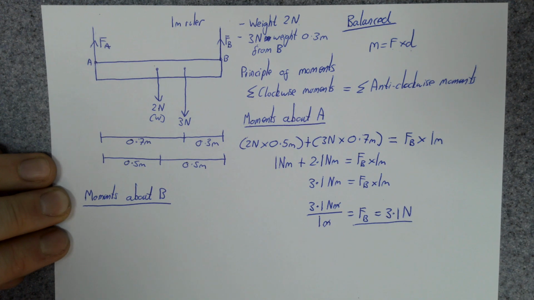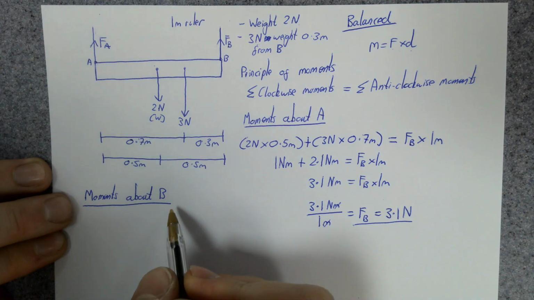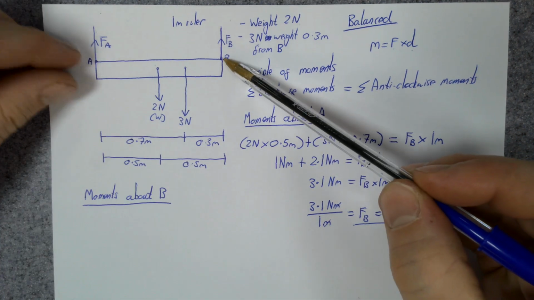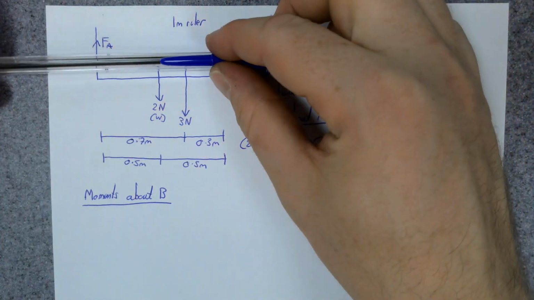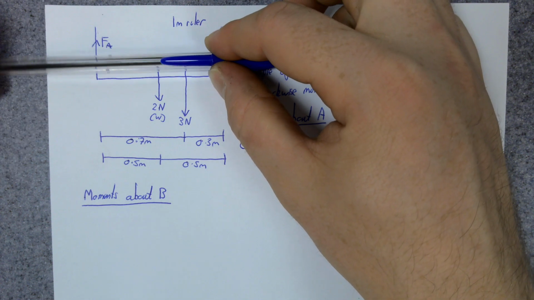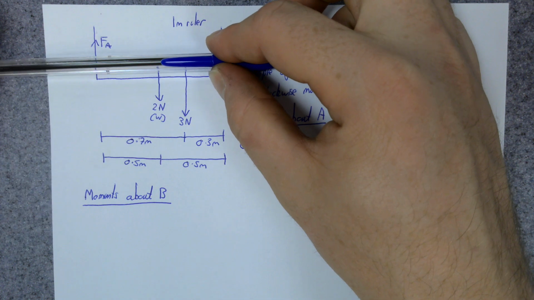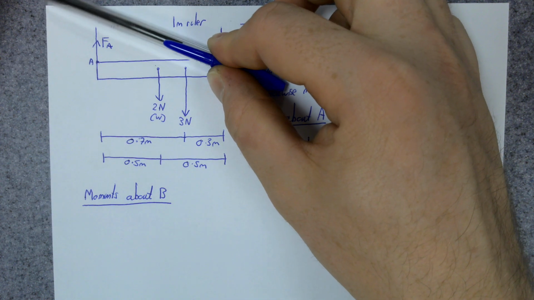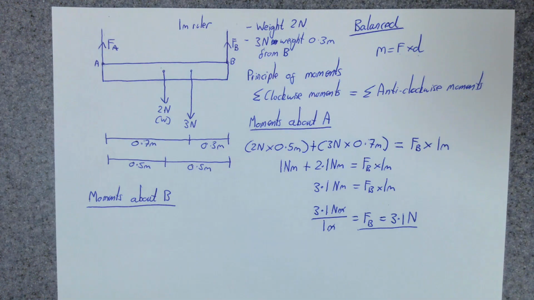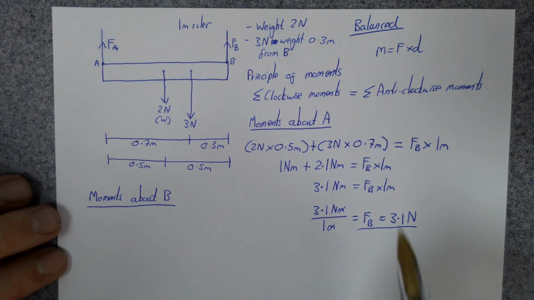Pause the video, do what you need to do. Now, moments about B. Again, if you think of B as a point that is fixed, in theory, this ruler could pivot around like that. So you've got the 2 and the 3 newtons pulling it that way, which is anti-clockwise, and force A, which is pulling it up, that's clockwise. So they need to be balanced, which means